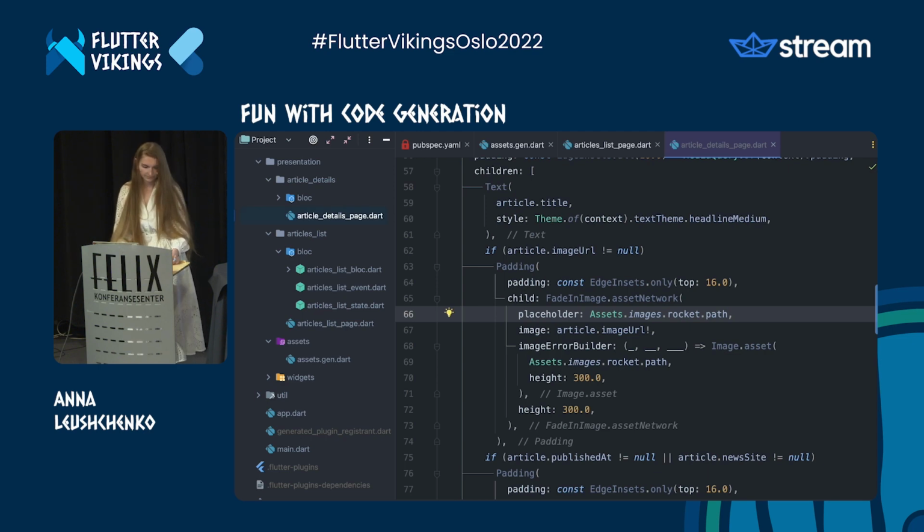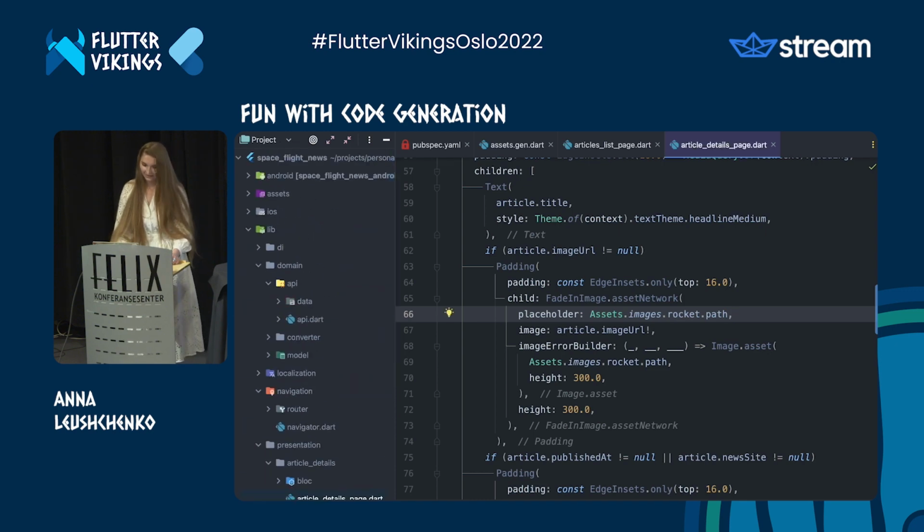Now if I rename the image file and rerun the code generation, these field names would also be renamed, and I will get compilation errors in places I need to update, which is much more secure than looking for a string. FlutterGen supports PNG and SVG images, Rive animations, fonts, and also has a few configuration points. Check out the docs on pub.dev to learn more.